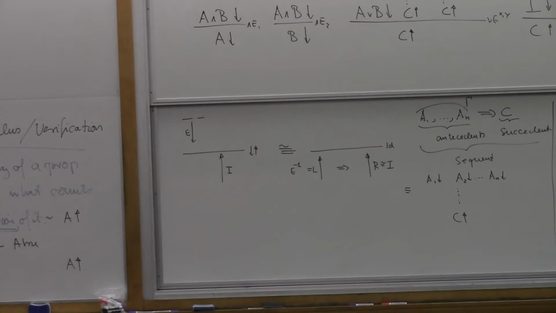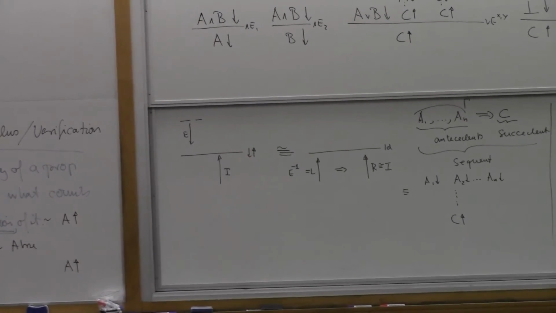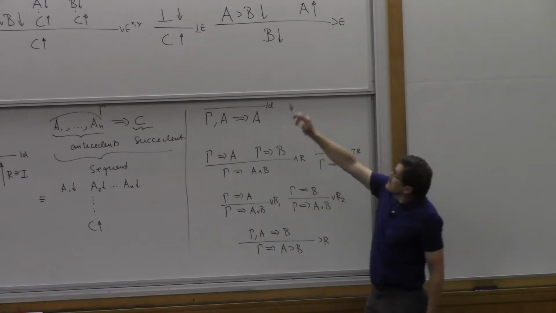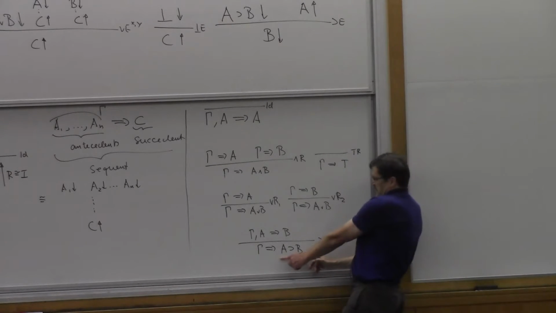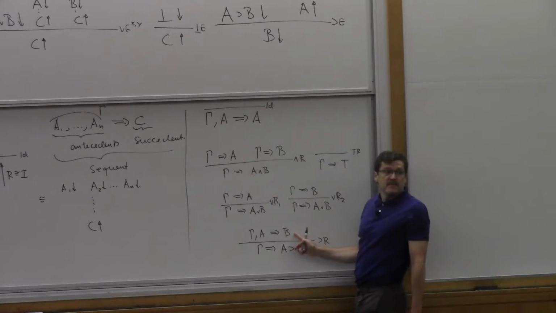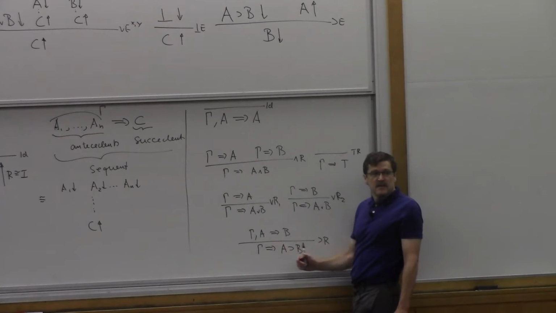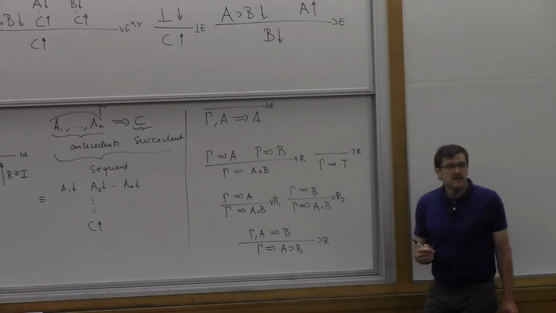Could you possibly provide a little more information about the last rule? If we have gamma and A and we know B from that, how is it that we know A implies B rather than gamma? Okay, so look at the introduction rule there. To prove A implies B, I have to prove B, but I'm allowed to assume A. And assuming A means to put it on the left-hand side, because that's where assumptions are that you can use. Does that help?